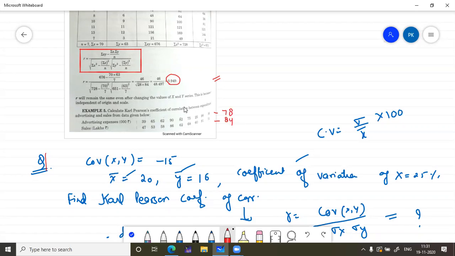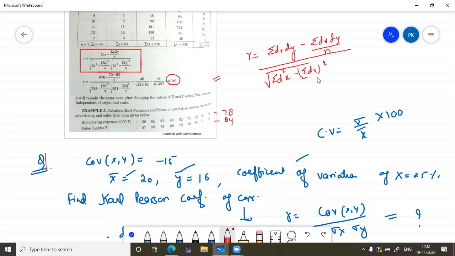तो इस वाले क्वेश्चन को आप करो डेविएशंस वाले फॉर्मूले से। डेविएशंस वाला फॉर्मूला मेरे पास है, summation of dx dy by n, x की जगह डेविएशंस आ गया बस, summation of dx square minus (summation of dx) whole square by n, summation of dy square by n. Now you need this dx and dy. dx is equal to x minus assumed mean. तो हमने यहाँ पर जो मीन assumed करा है